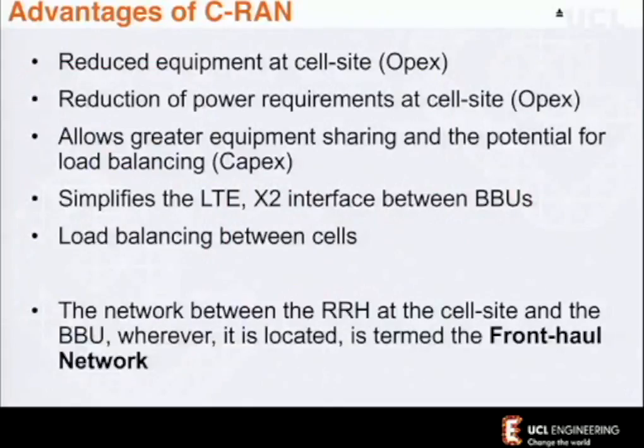So just to summarise some of that, what might a Cloud RAN give us? Well, ideally reduced equipment at the cell site. So we've gone from our cabinets, our air-conditioning, our uninterruptible power supplies, to much more simplified units out in the field. And that has all sorts of benefits for the environmental conditioning, the difficulty of running power.